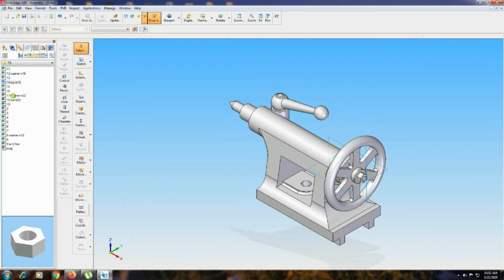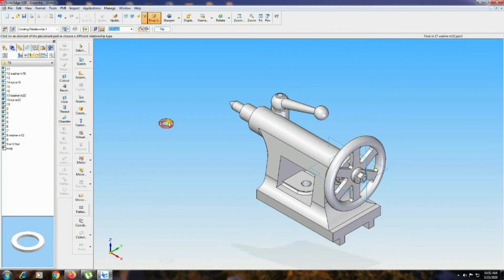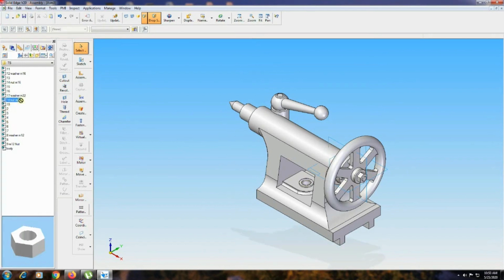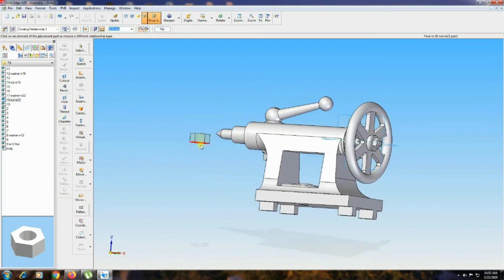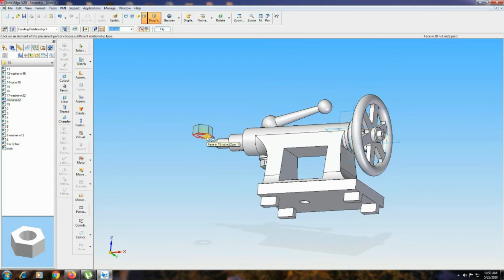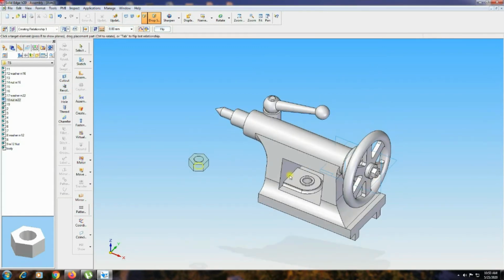Next part number 17. Washer, upper circle, edge you select, that circle you select. And nut 18. Bottom surface you select, right click, edge you select in a small circle, then that circle.